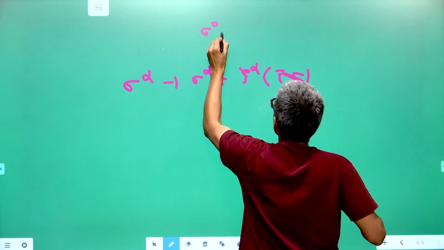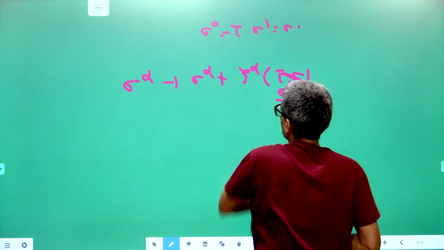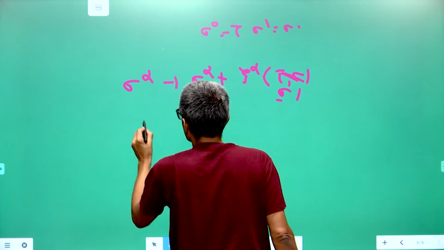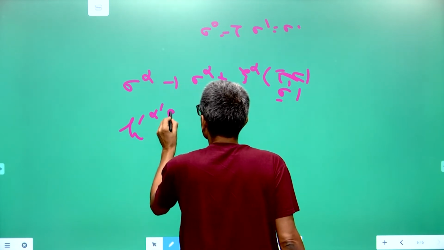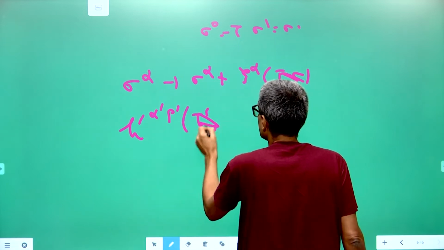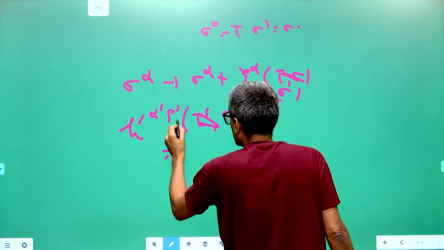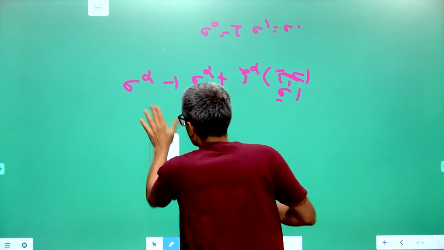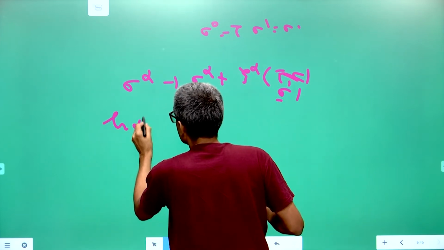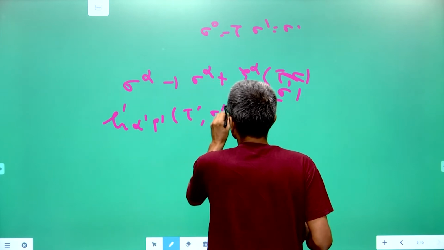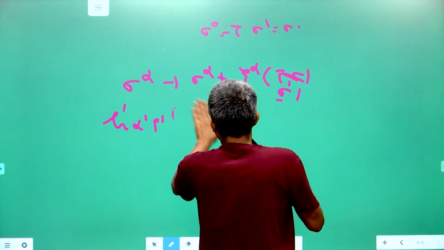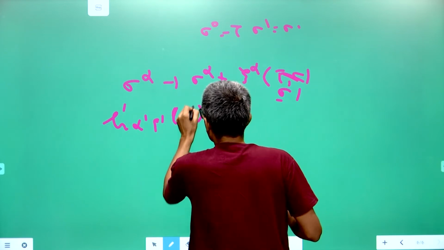Sigma 0 is tau and sigma 1 is sigma. So if you make this transformation, the metric transformation will be h dash alpha dash beta dash of tau dash, sigma dash. That means of sigma dash, that is equal to, let us consider the covariant transformation. So h dash alpha dash beta dash of tau dash sigma dash, or of sigma dash, is